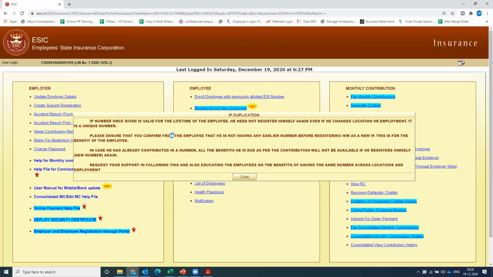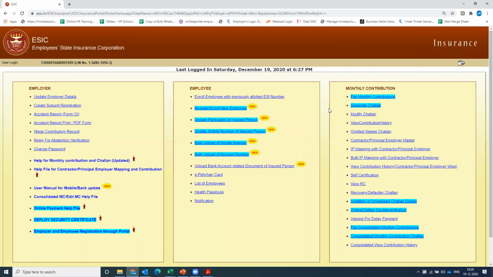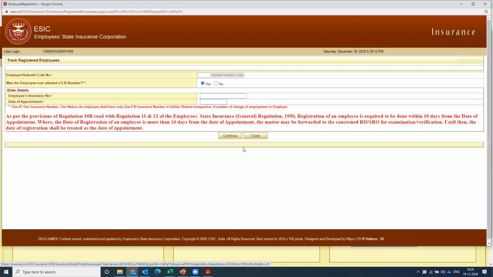Because in PF, registration of a new IP is not possible without providing the Aadhaar number, so it verifies the data from Aadhaar. But in case of ESIC, it is not the case. In ESIC, we don't get the option to provide the Aadhaar details since it is not linked with Aadhaar. Earlier it was, but they have revoked that Aadhaar verification at the time of registration of the employee. Now in ESIC, it only depends on the employee's declaration to verify whether they were earlier registered